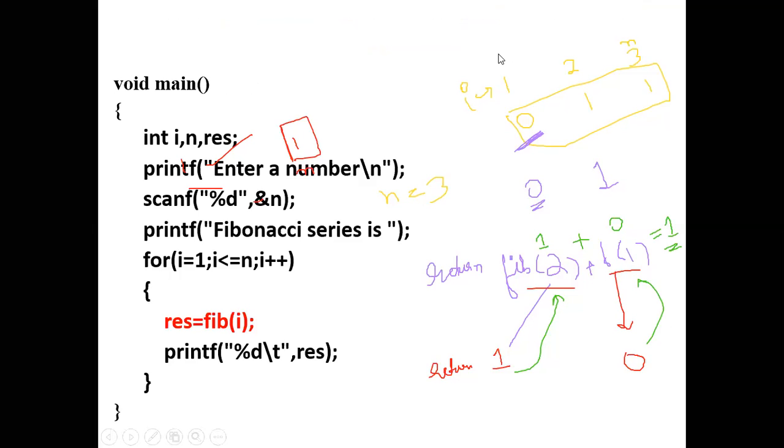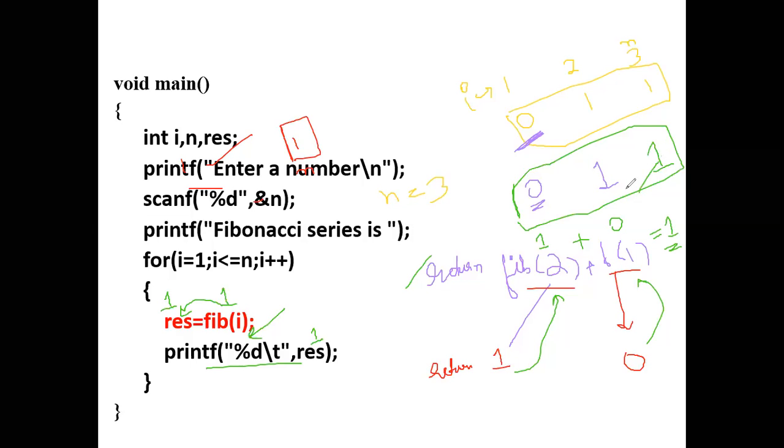So that value, you are getting to your function call, that is 1. That is the result of this, which will be copied to the variable result, and we are going to print the value. Result is equal to 1. So here we are going to print 1. That is how we are going to print for n is equal to 3. The result is 3 Fibonacci numbers: 0, 1, 1. So try to trace for higher values, n is equal to 5 or so on.